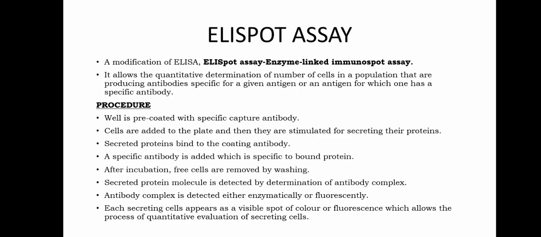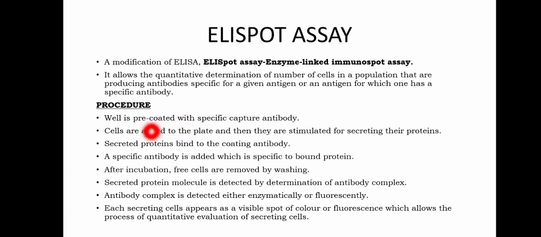The next one is the ELISpot assay. ELISpot assay is a modification of ELISA. It allows the quantitative determination of the number of cells in a population that are producing antibodies specific for a given antigen, or an antigen for which one has a specific antibody. The procedure of ELISpot assay includes